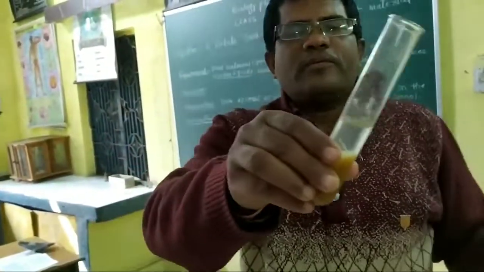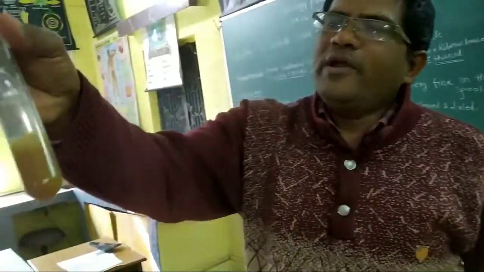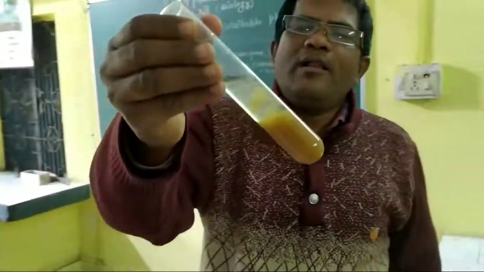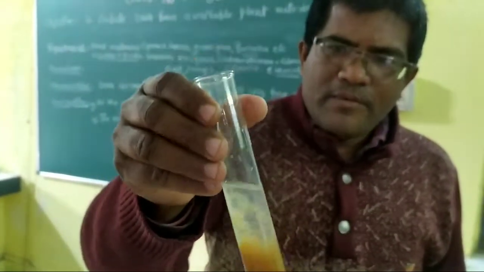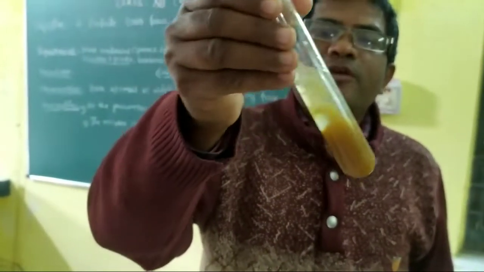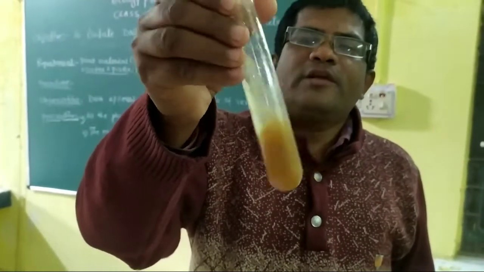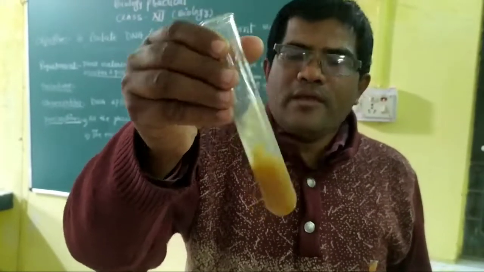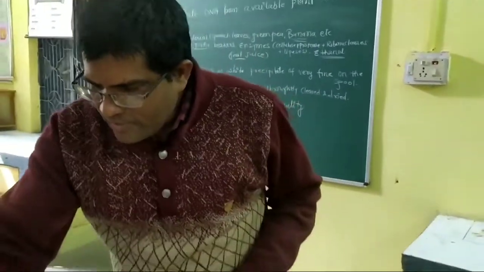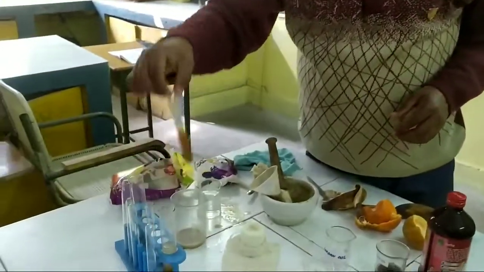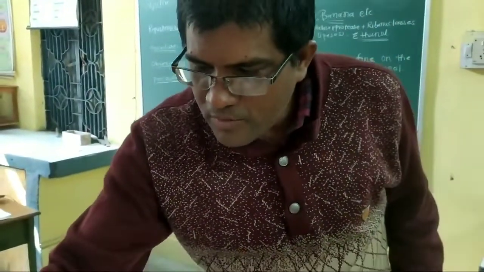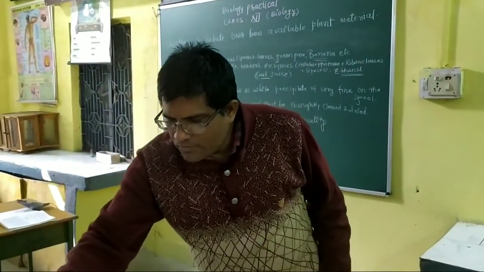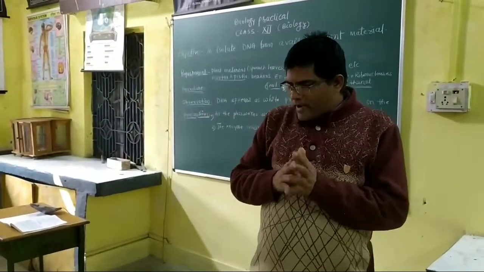This white color of precipitation occurs when we are pouring the chilled alcohol. And this white color of precipitation is the DNA. Here also we can see, when we pour the chilled alcohol, we are getting the white color of DNA. So we have to keep it for 2 to 5 minutes.